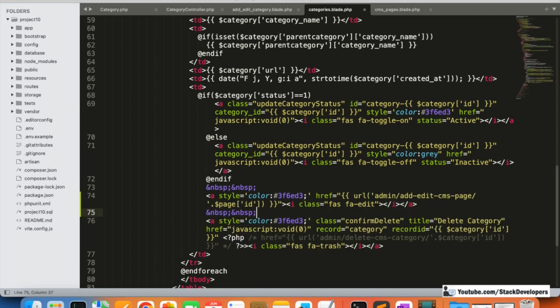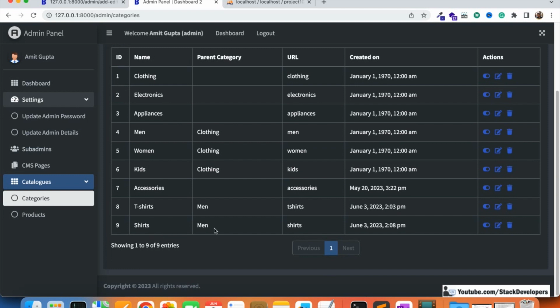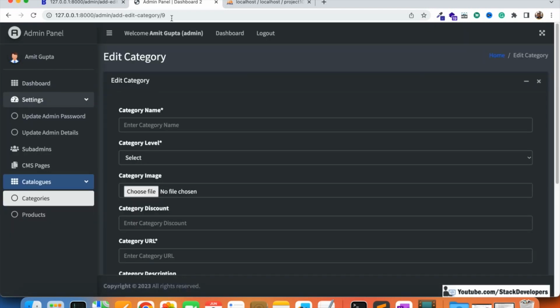After this I'm going to add it here, and instead of this one I'm going to use add-edit-category. Here also I'm going to use this category, we are using this array category. Like this. Now I am going to click on edit. In the last video we were able to add this shirts. Now if I want to edit this one, I can click on edit, and here you can see